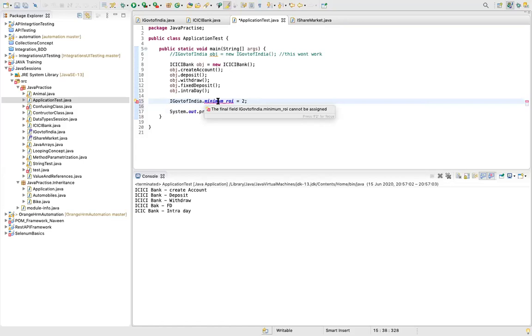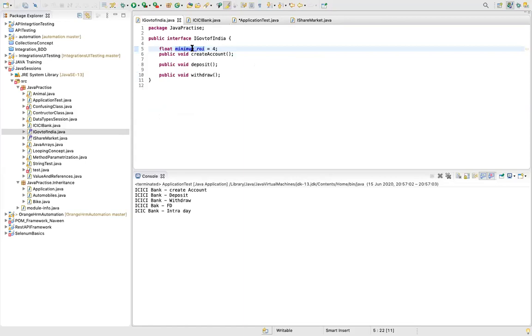So this gives you one more learning: all the variables in an interface are static, obviously, and apart from that, they are final in nature. That means they are constant, so you cannot reassign the value. And this is quite obvious, right? An interface is trying to say that you have to implement these mandatory things.